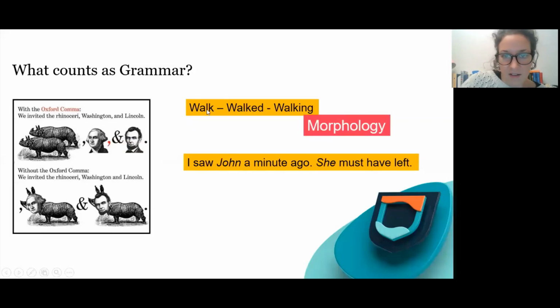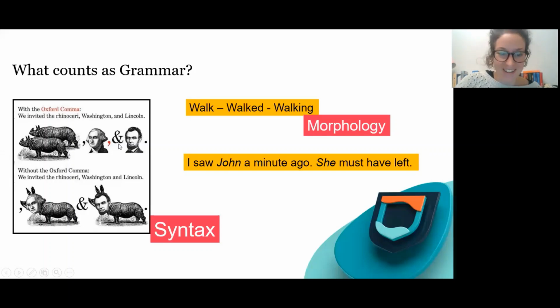And you can see here that walk, walked, walking, this is about the forms of one verb. This is morphology. Then this one, with the Oxford comma, which I still don't get. There is no such thing in the Ukrainian language as the Oxford comma, but you see how the meaning is changed when you don't put a comma in a proper way before "and". This is not how we do it in Ukrainian.